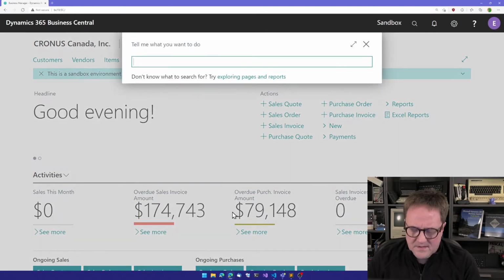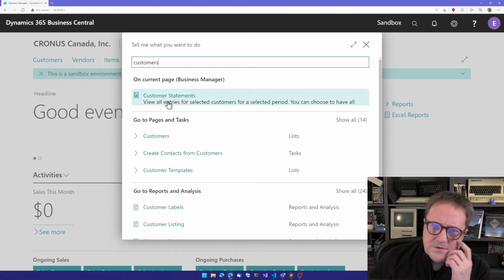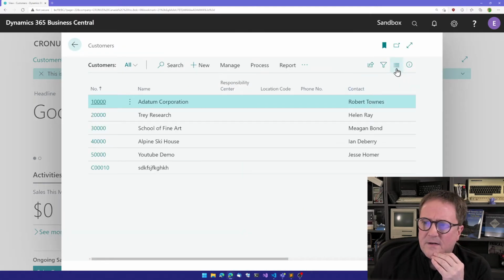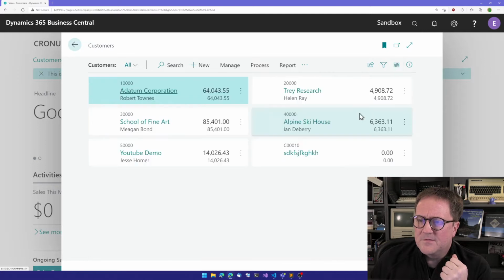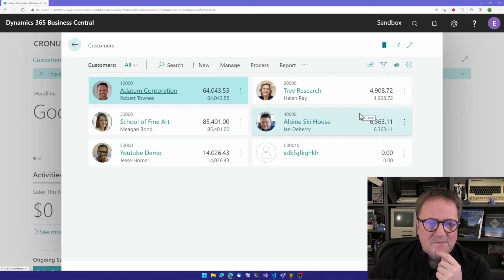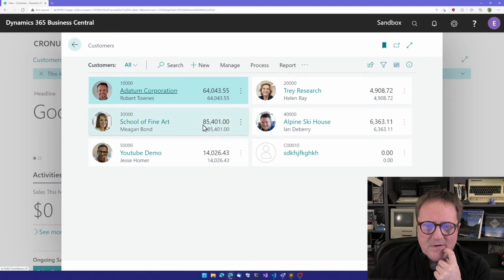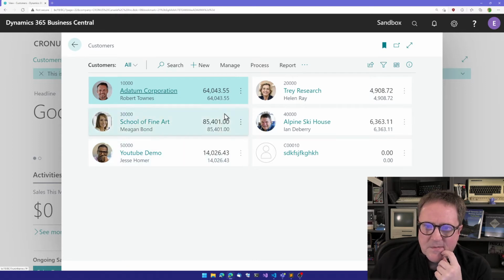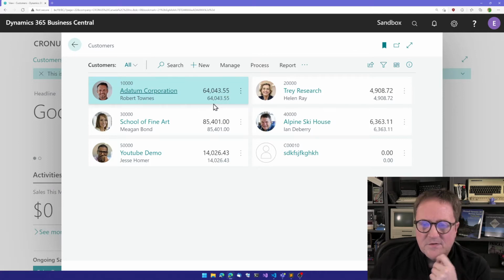But then let's go somewhere else. Let's go to customers. And if we do the same thing here, let's do tiles. We get nice photos of some handsome people. We got some numbers, and maybe somebody thinks this makes sense. I'm not sure it actually does. We got a balance and a balance due. But anyway,